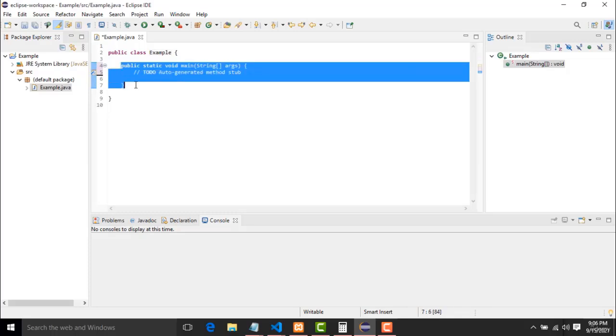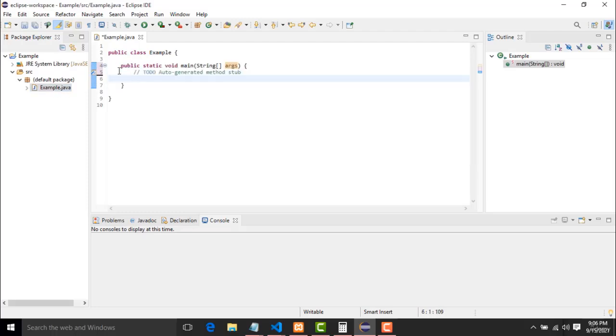This option I already enabled when you create the class, so that it will be generated. Now inside the main method, I am going to write the hello world programming in Java. So let me look at how to write it. This one we don't need, so let's remove it. Now I am going to write, first letter starting with capital, System